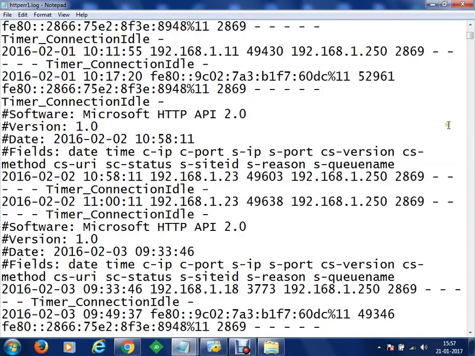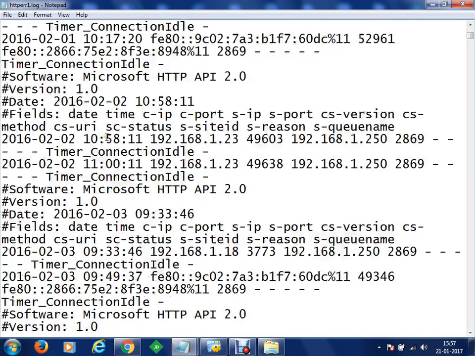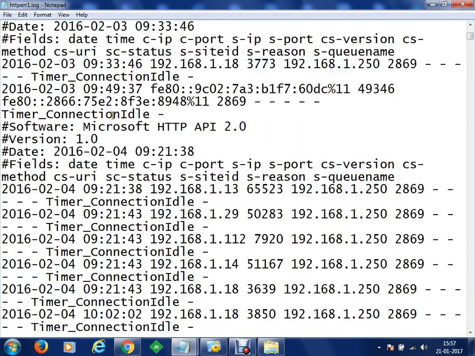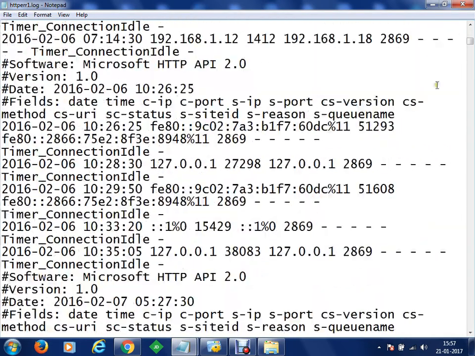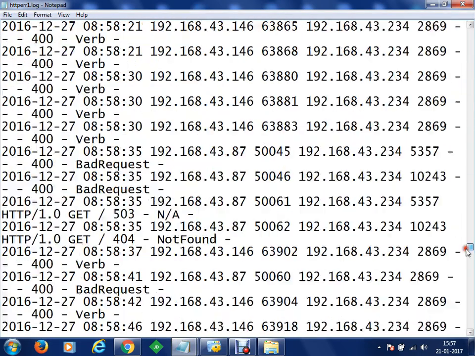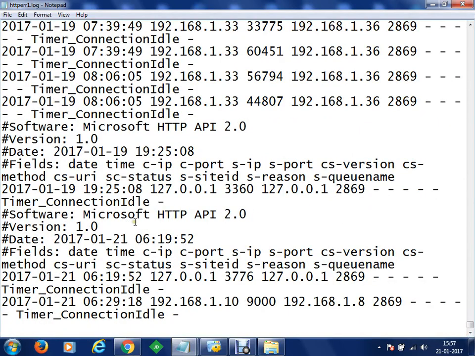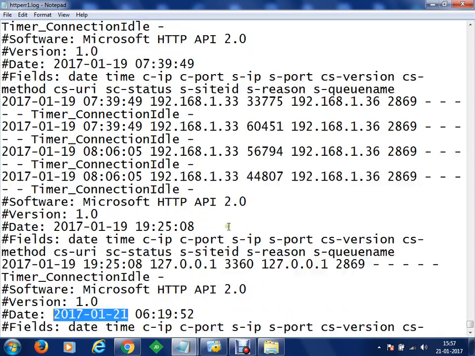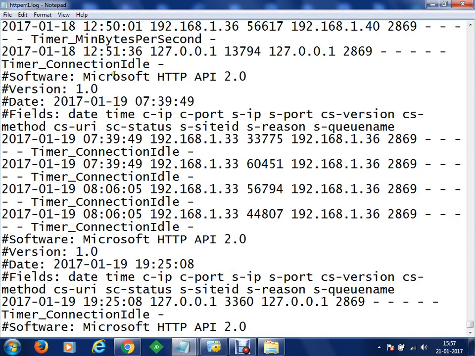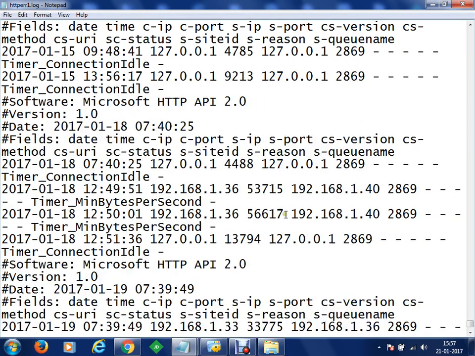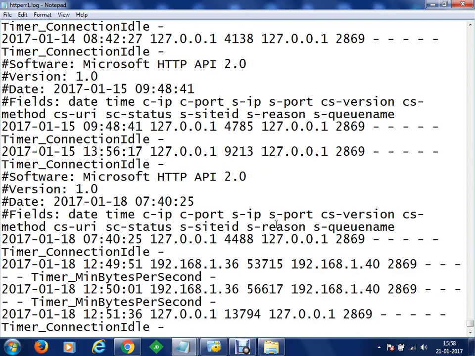Now we can go a little down. So now you have February, March, April, May, June coming up. In this way, whatever your server logs are, all the logs are maintained here. Let's go a little down, and now you can see that this is the log for 21 January, which is today. Today I have no logs because I have not started my server. I'll go a little back. That is, on the 19th I started my server, and from IP address 1.36 some communication was done. We'll go a little back.